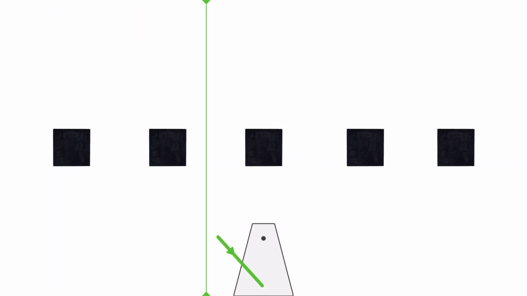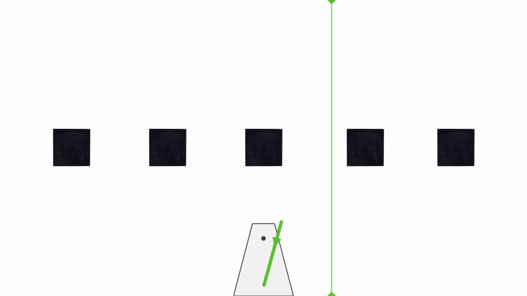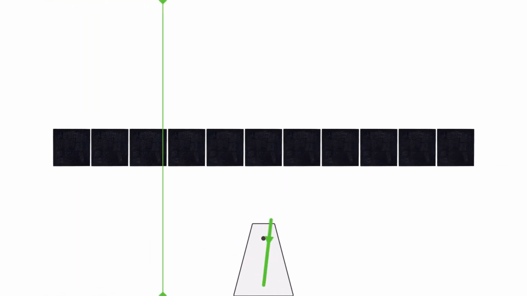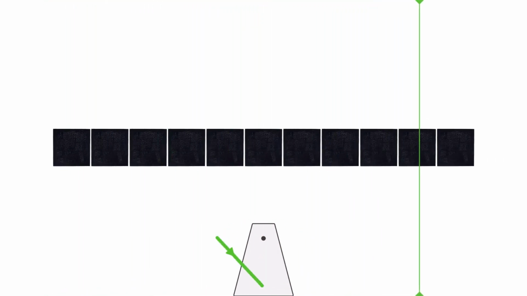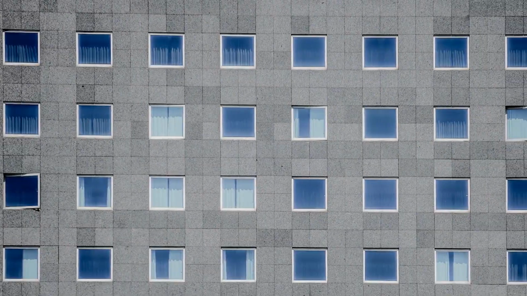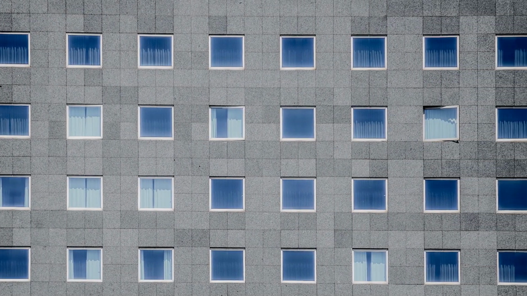If we increase the intervals, the pace will slow down. If we decrease the intervals, it will speed up. So, one way to demonstrate rhythm is through a series of elements like this. A series consisting of equal elements at equal intervals, like the ones we just showed you, is also known as metrical rhythm. This type of rhythm is often used and can be seen in the windows of high-rise buildings, the